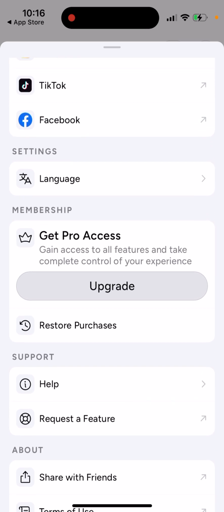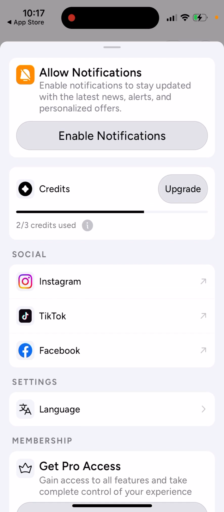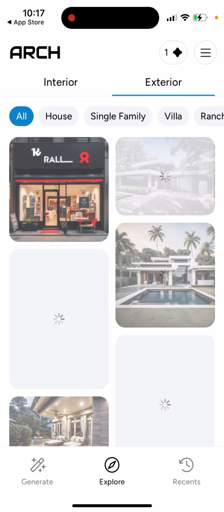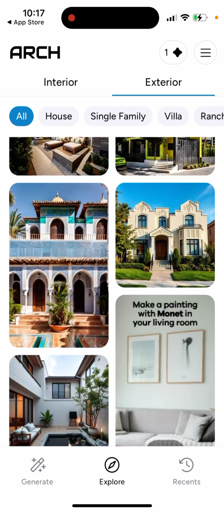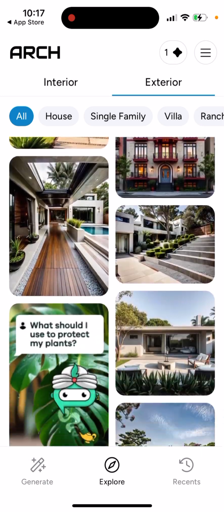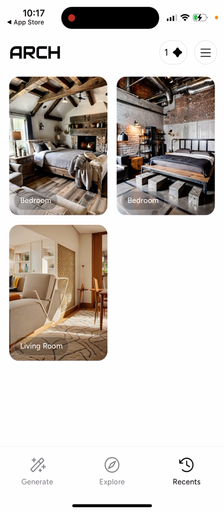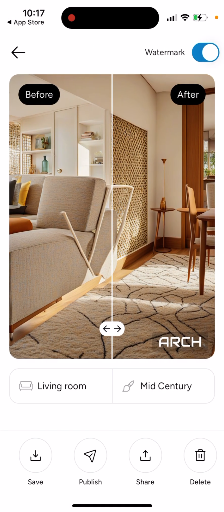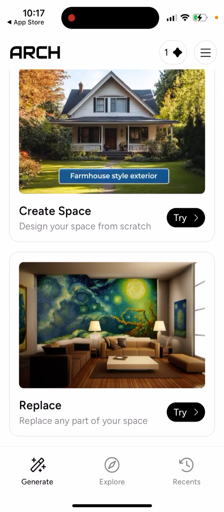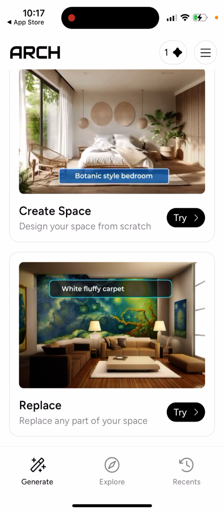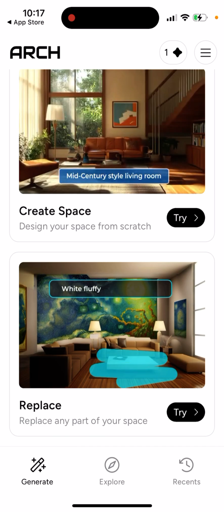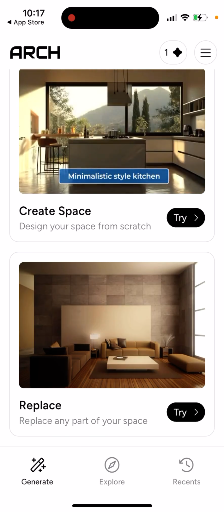And then, yeah, so here it is. That's where you have it in this app. There are no referrals. There are no invite codes at the moment. So, yep, here you can see some nice trending designs from other people. The app is super easy to use. You can see your own history. You can just share it and publish like on Instagram. And also the cool feature is that you can replace any part of your space. So you can select any part of your space and then just write it exactly like